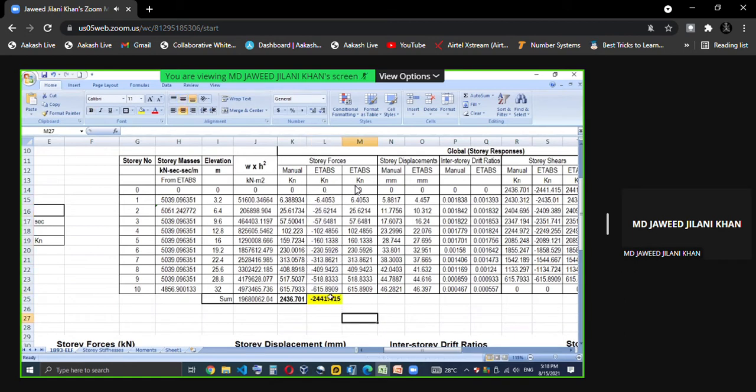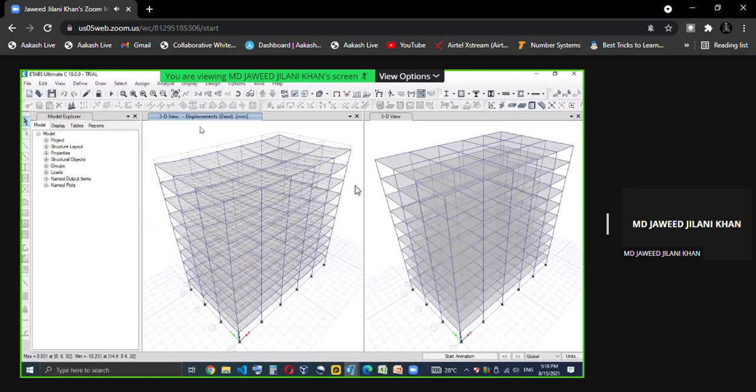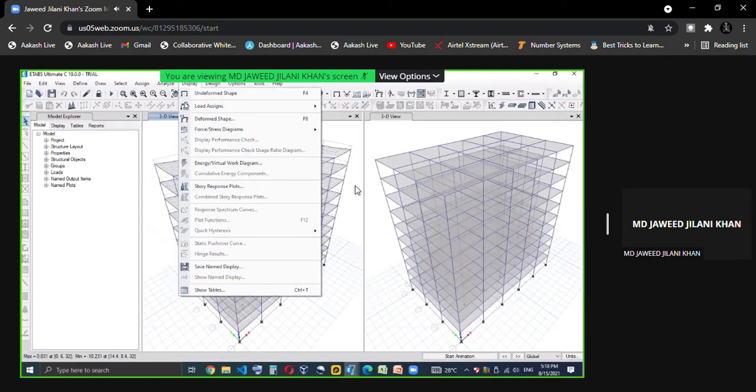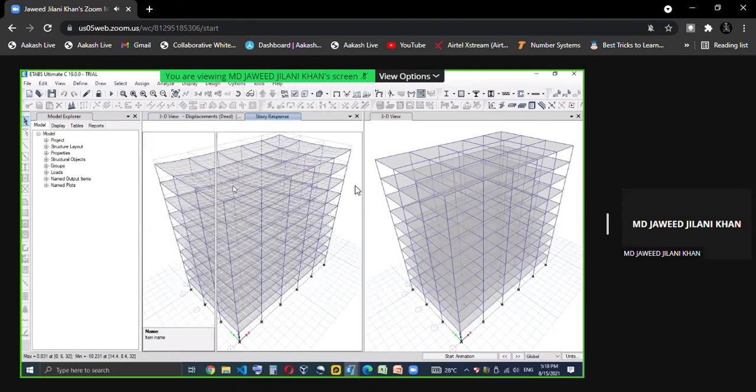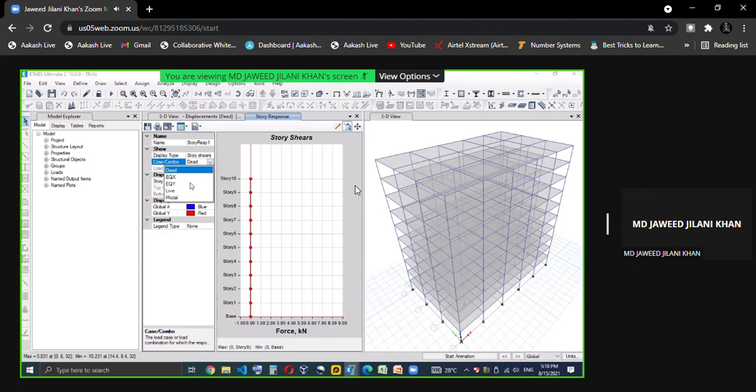And how does the distribution in ETABS come? For seeing the distribution in ETABS, I need to go to display, story response plot. In this, maximum story, I'll have to say story shears, sorry, not moment, story shears. So how much under EQX? So this is the share.